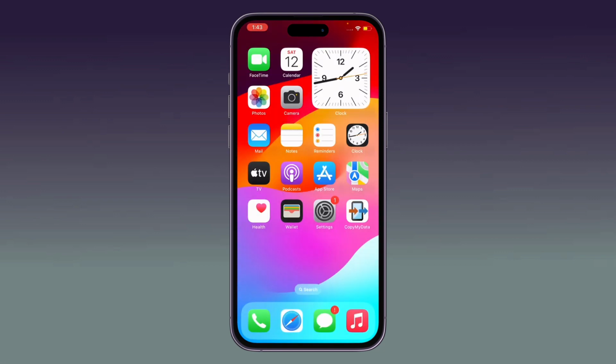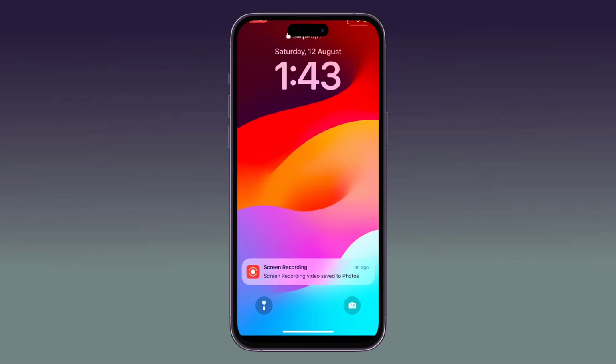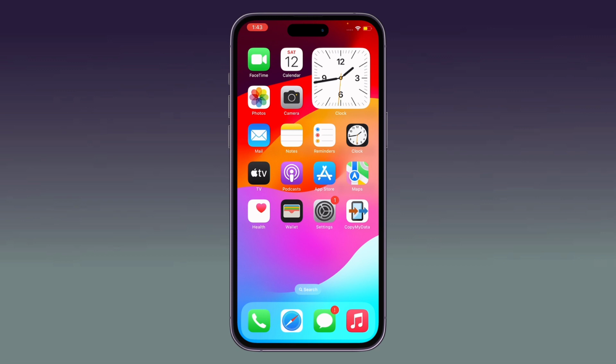And then after this, the next solution is restart your iPhone. To restart your iPhone, press the power button and volume up at the same time. Drag the slider to the right to power off and restart your iPhone. So guys, after restarting your iPhone, open the lock screen, and then the next solution is make sure the app